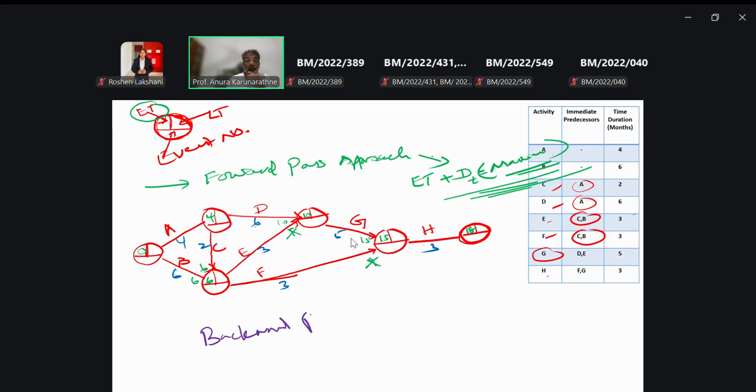Backward pass. In the forward pass we approach from left hand side to right hand side, and in the backward pass from right hand side to left hand side, right? So at that time, the latest time minus the time duration, we are getting the minimum time. So in this case, we delete the maximum and accept the minimum. But if we come to the